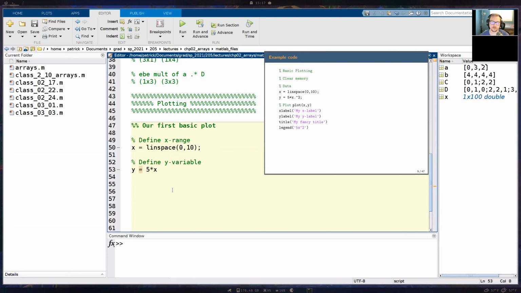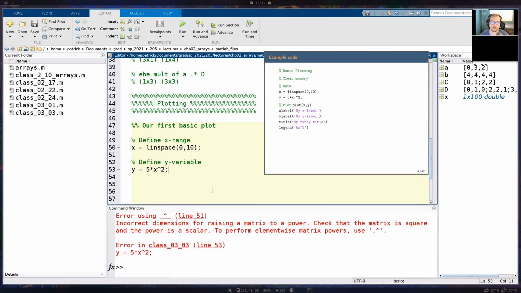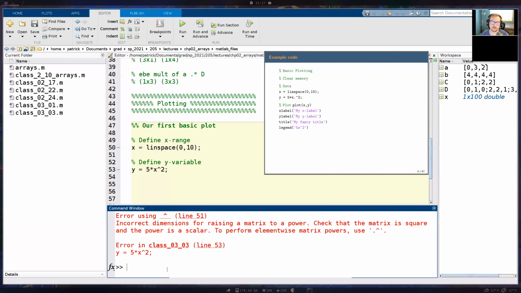If I do 5 times x squared, just like this, we're going to get an error. Because what are we doing? We're multiplying 2 row vectors with each other. Right now it's trying to do x times x. It's trying to do matrix multiplication for 2 row vectors, which we just learned from the previous chapter that we can't do.